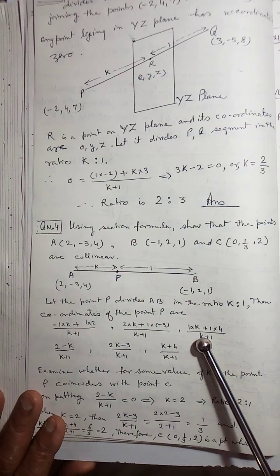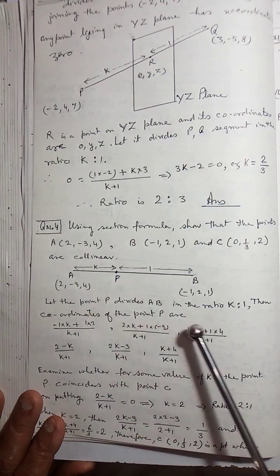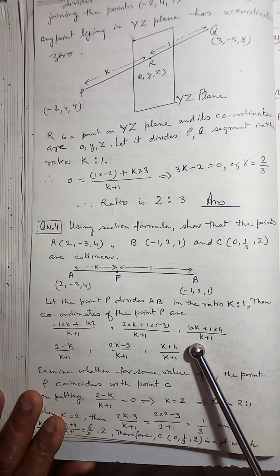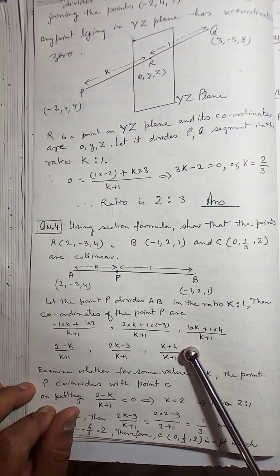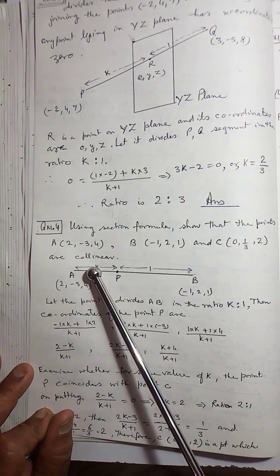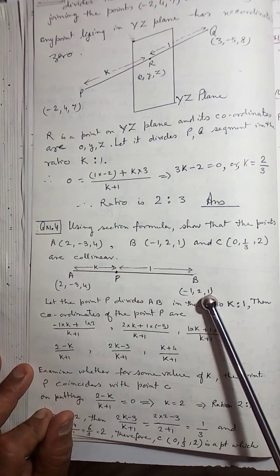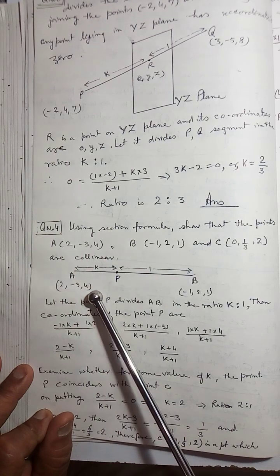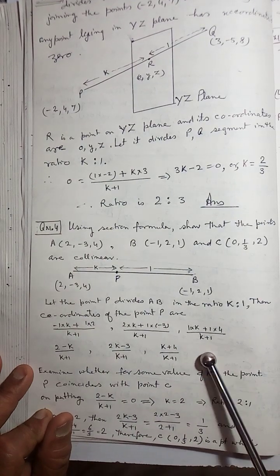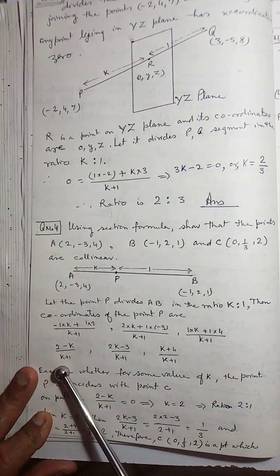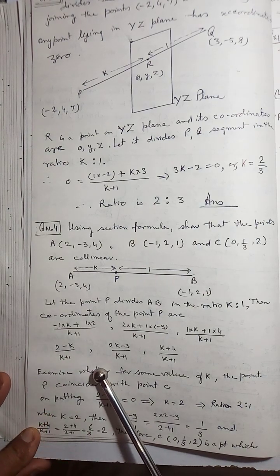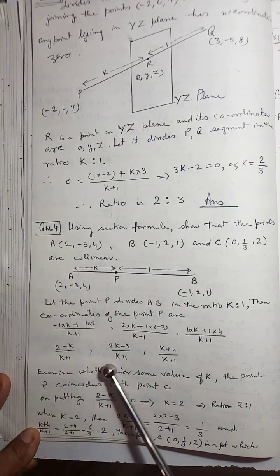For z, 1 into k plus 1 into 4, whole divided by k plus 1. Further solving, 2 minus k by k plus 1, this will be the x coordinate,